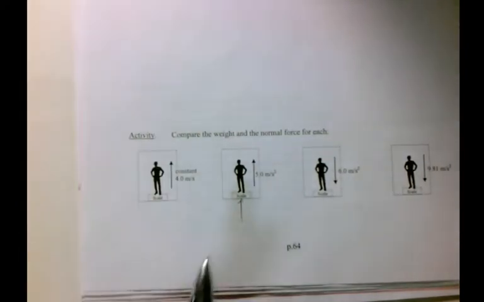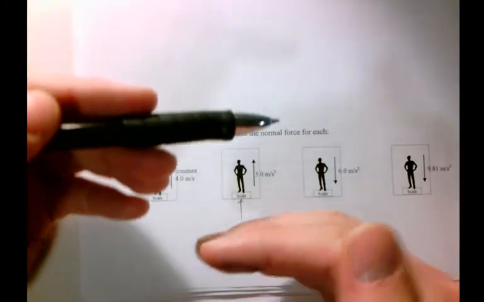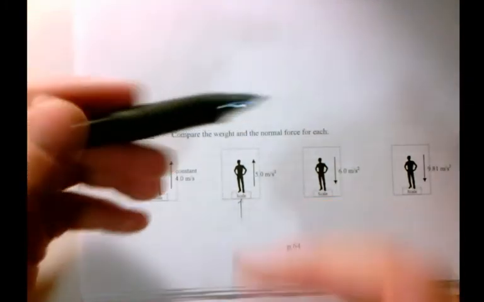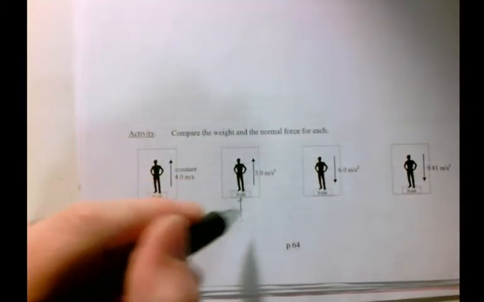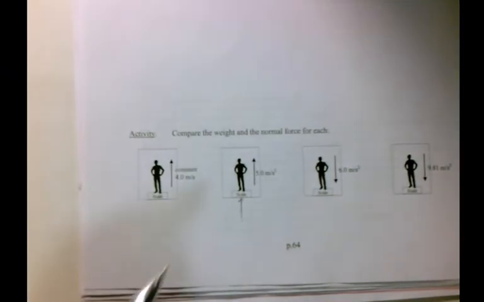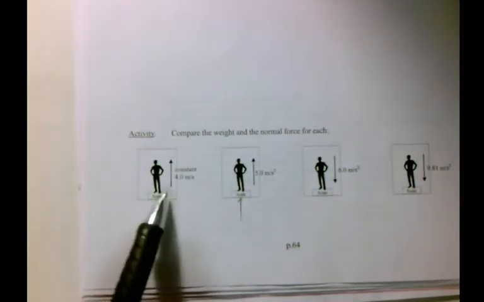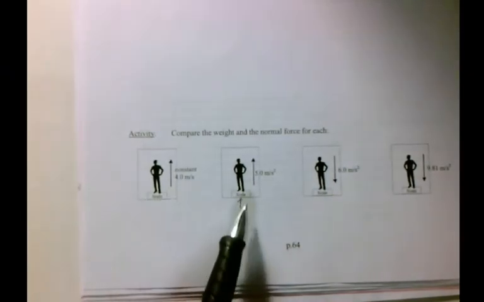So the floor is coming up, accelerating towards you. You're actually going to feel kind of like crumpled together. You're going to feel a lot heavier. So that scale will read something larger than if you were traveling at a constant speed or if you were